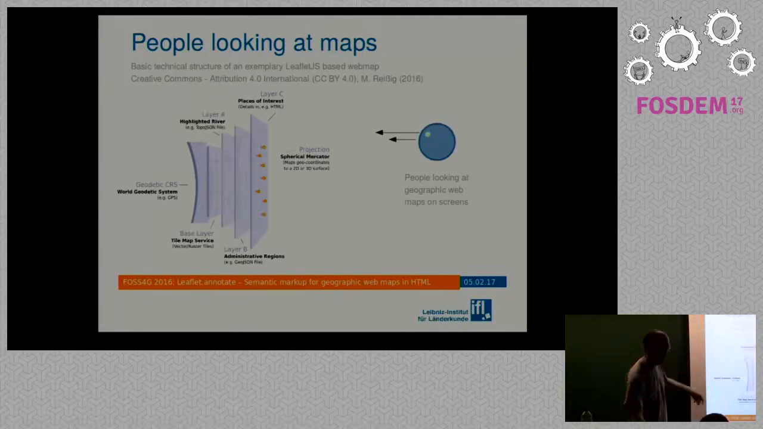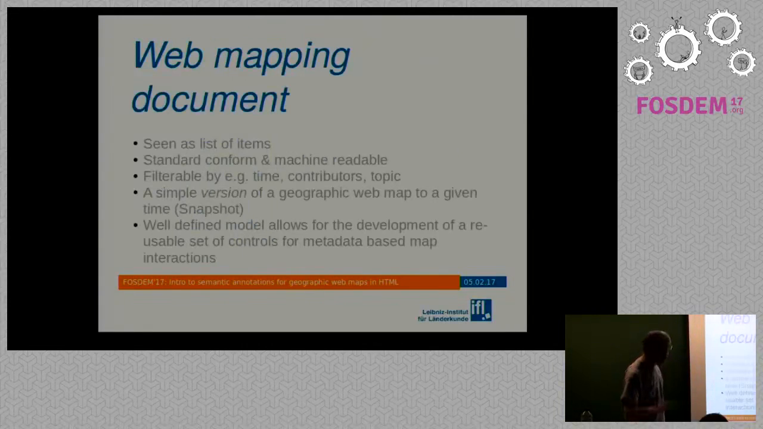And this is also the focus of the implementation in Leaflet. So I needed to find a term for the web mapping document. This is a central concept for me, because I also wanted to see the geographic web map as if it weren't a visualization, but if it were a list, and I could sort it, I could explore it,